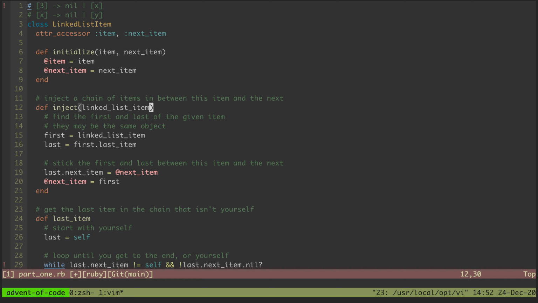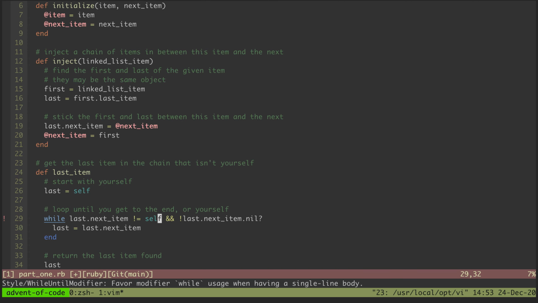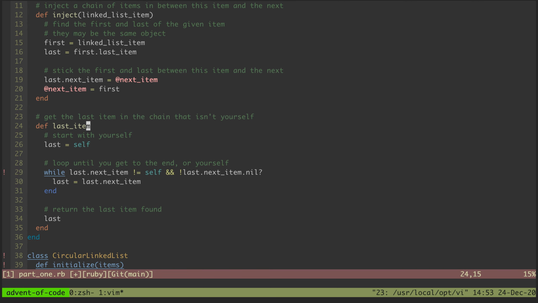We've got an inject function, which can take some chain of items and inject that in between this current item and the next item. So I can explain a little bit more how that works in a bit. We also have a last item function or method, which